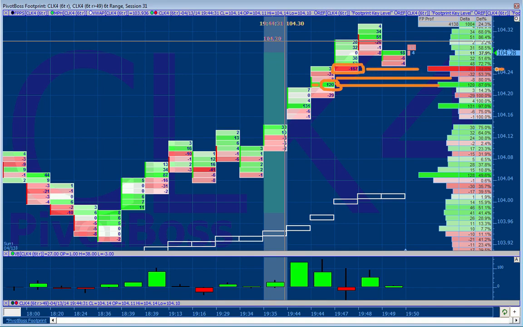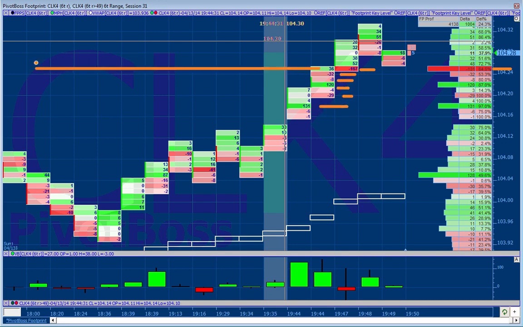And what you see over here is a volume profile. This shows the delta at each price, the cumulative delta at each price for the entire session. So this is a volume profile of just the contracts that have come in at the market, on the bid and on the offer. This has nothing to do with limit orders. This is just what came through at the market, what has filled, what has transacted.